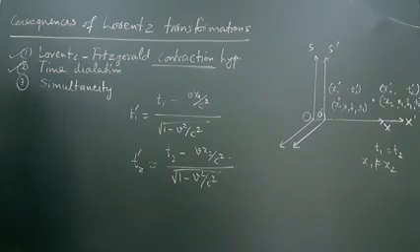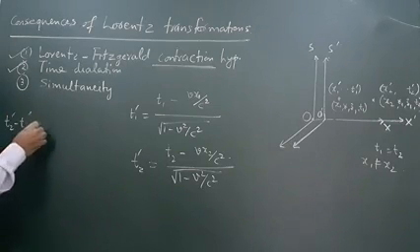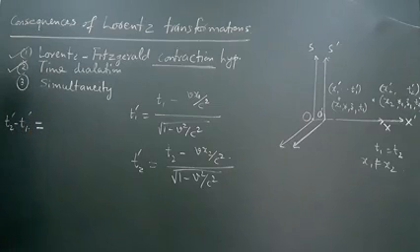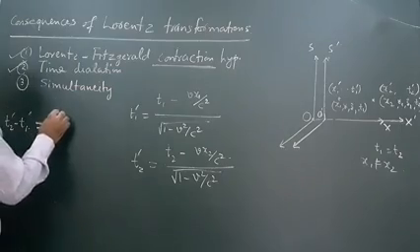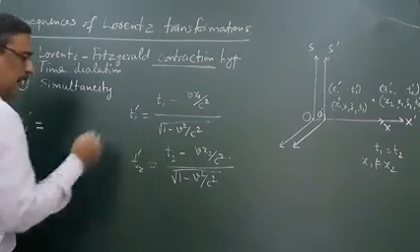This gives us t2 dash minus t1 dash will be equal to t2 minus t1, since these two are equal,